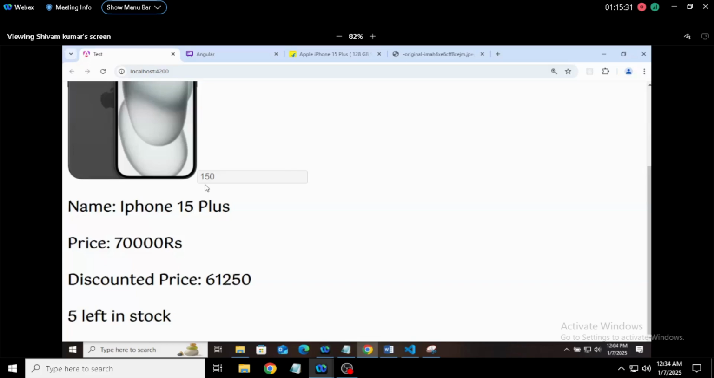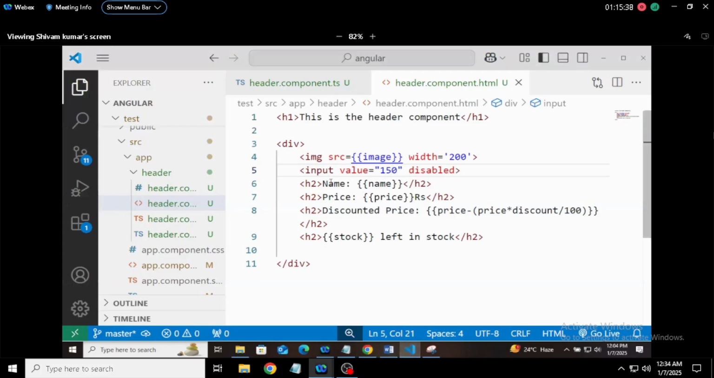Then how will we do it? We will do it using property binding. If you want to write the inner HTML here in this way,